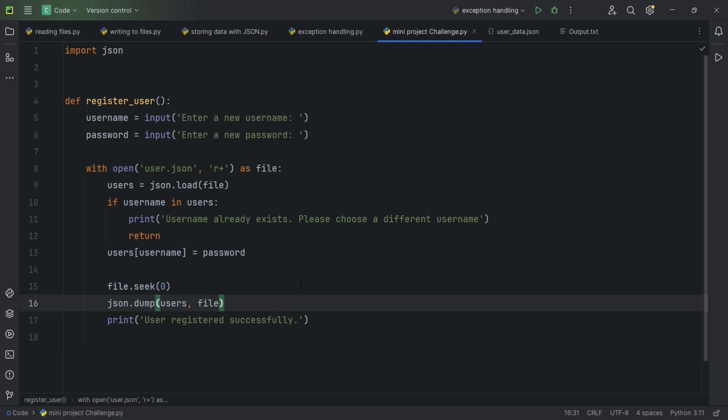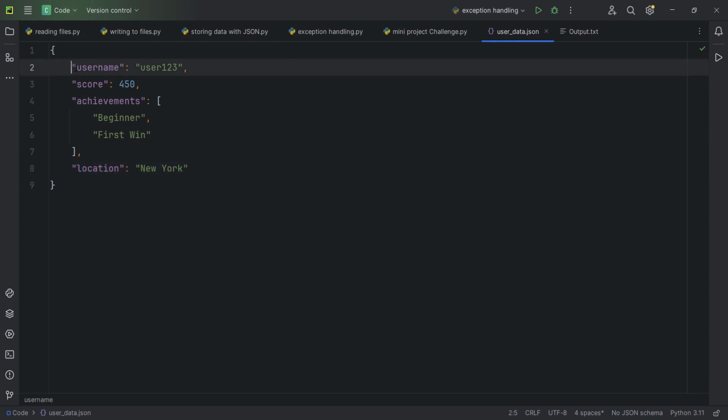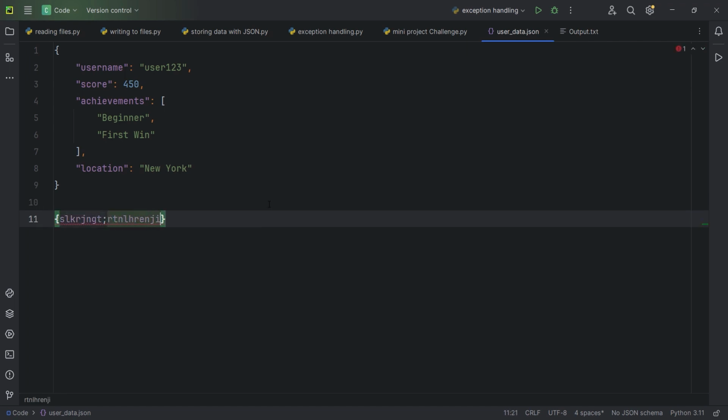And when we loaded the file, what happened is that our cursor, or let me open up the user data. So right here, when we read through this file, if we read the first line, the cursor is at the end. Just use the arrows and look at how they move. So this keeps moving, reading through every single line, and then it gets to the end and it finishes. And we've read through the entire file. So if we try to add information now, what will happen is a new dictionary will be created in here